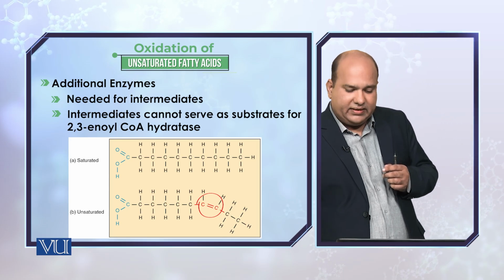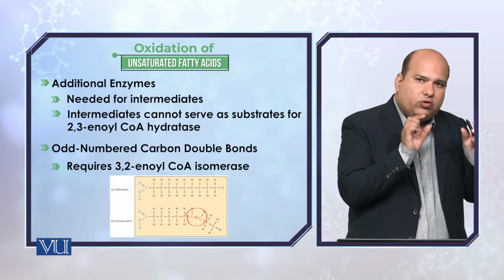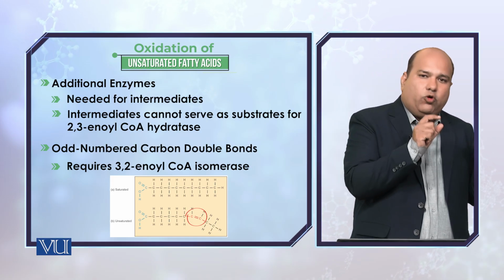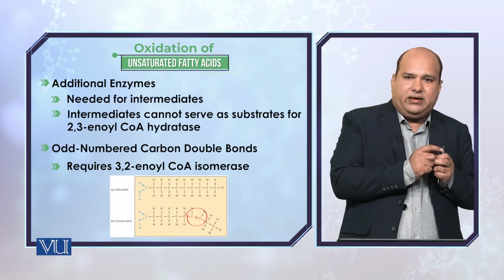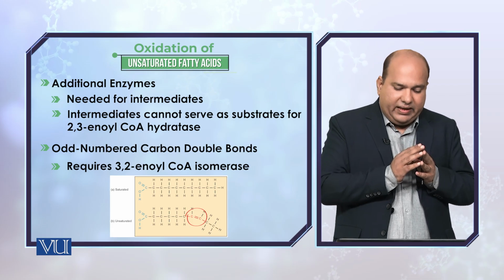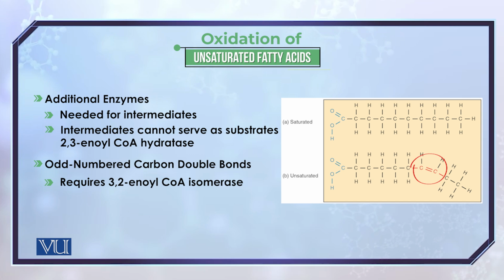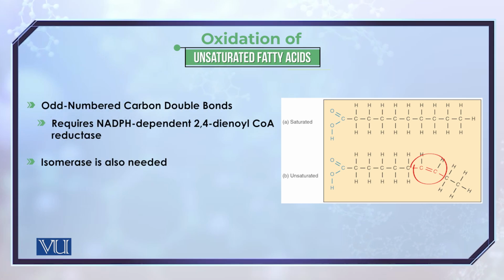So what happens here is that in case the double bond is at a carbon atom which is odd numbered, for instance in 18:1, what will happen then? You require the 3,2-enoyl CoA isomerase. That is if the double bond is at an odd number carbon atom. But if the double bond is at an even number carbon atom, as in the case of the 18:2 configuration, that is the double bond is at carbon atom number 2, then it will require,